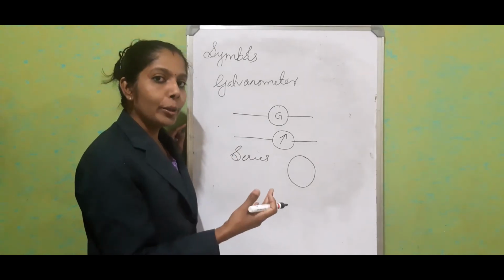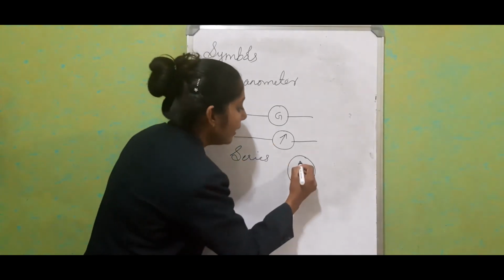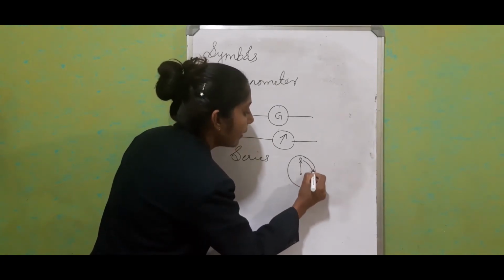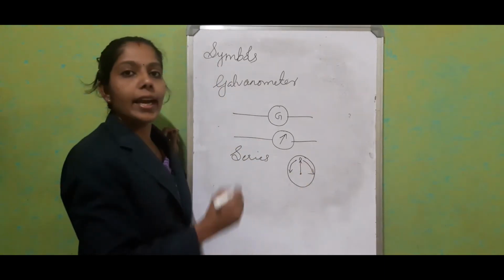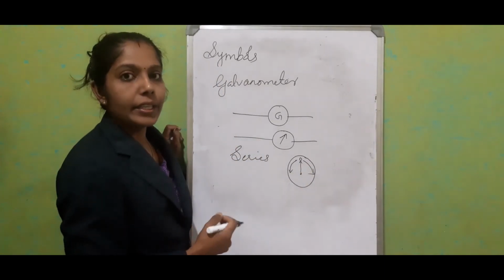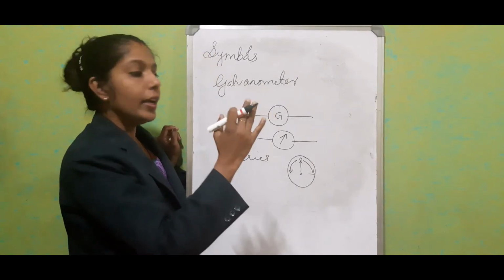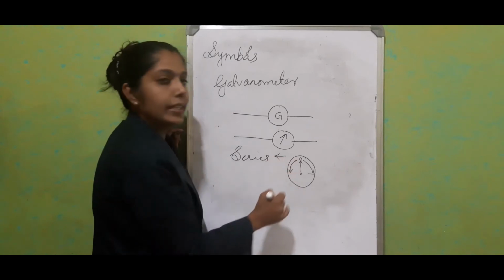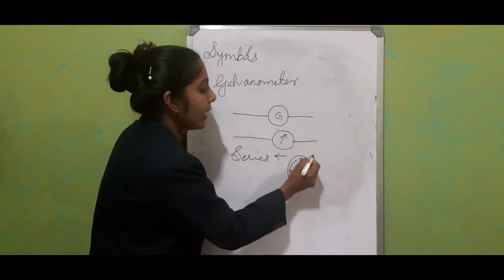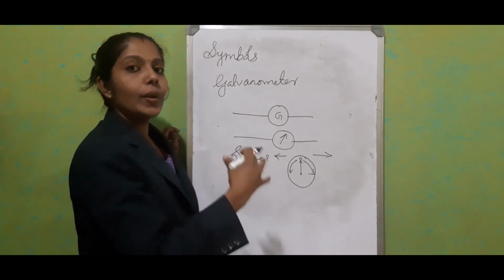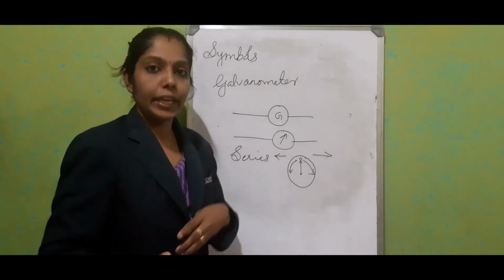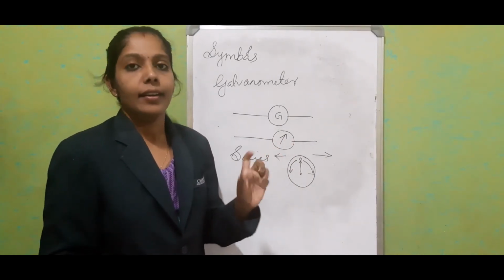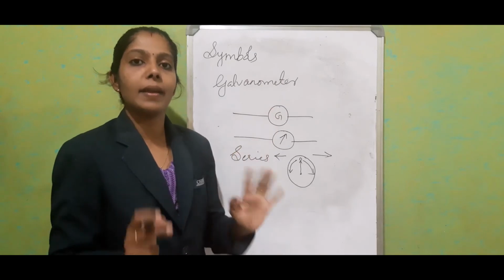I told you that for both the ammeter and voltmeter, the reading starts from 0. Here, the needle always rests at 0, and on these two sides the current will be increasing. So 0 is at the midpoint. If the needle deflects towards this side, the current is in this direction. If it deflects towards that side, the current is in that direction. So we can measure even the direction of current and how much value it shows. If there is deflection, it means there is a presence of current.